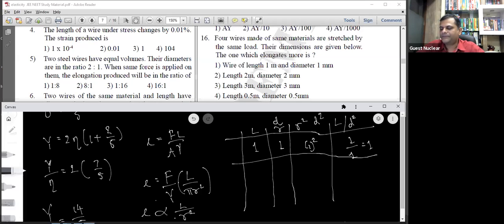If you talk about the second wire, then we can talk about here, and the length of the wire is going to be 2 here, diameter is going to be 2 again. So if you take the